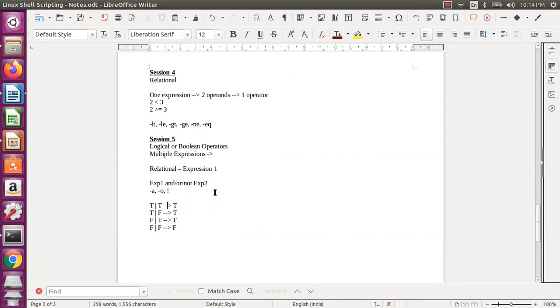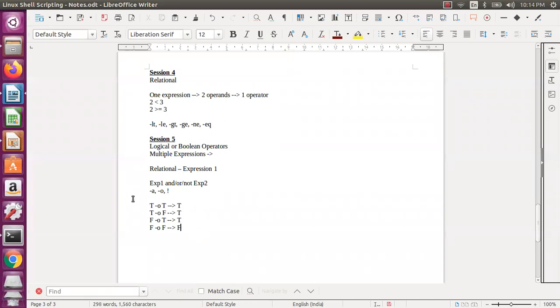The same applies to the and operator. I have just used this for or, but for and we need to say minus a. This one is also used as a bitwise operator, so I don't want to confuse you. So this is for our notation.